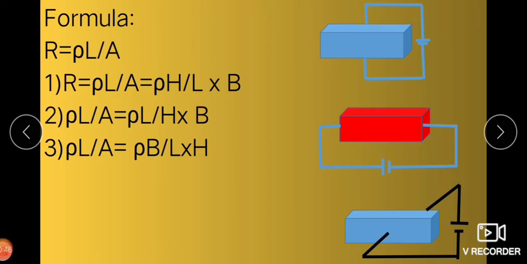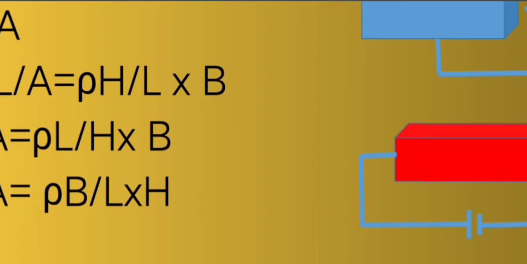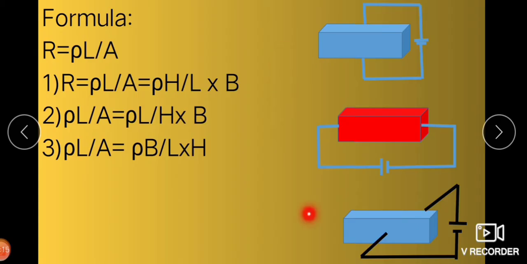In any examination, the examiner tries to judge our knowledge about the concept of resistance, and these are the challenging questions that we cannot solve easily. We always get confused solving such questions. The same formula is applied, resistance R is equal to rho L upon A in all cases, but the answer will be different. How? That we will see.